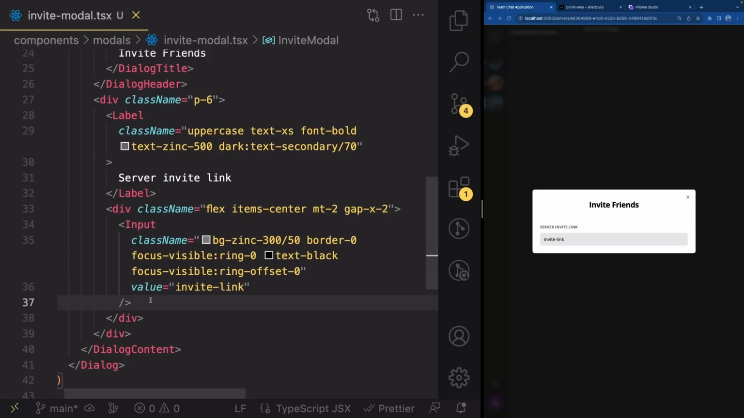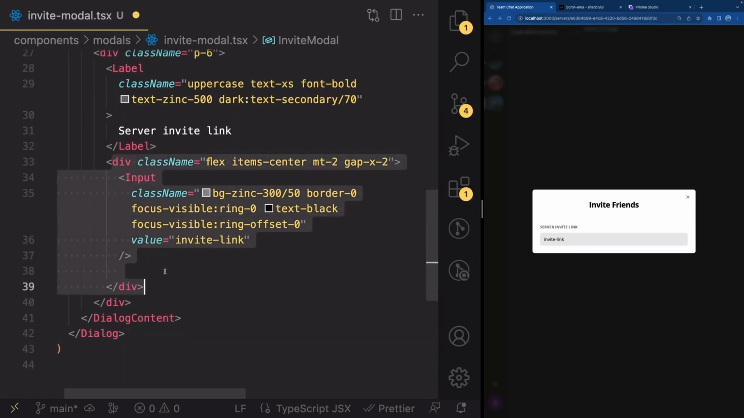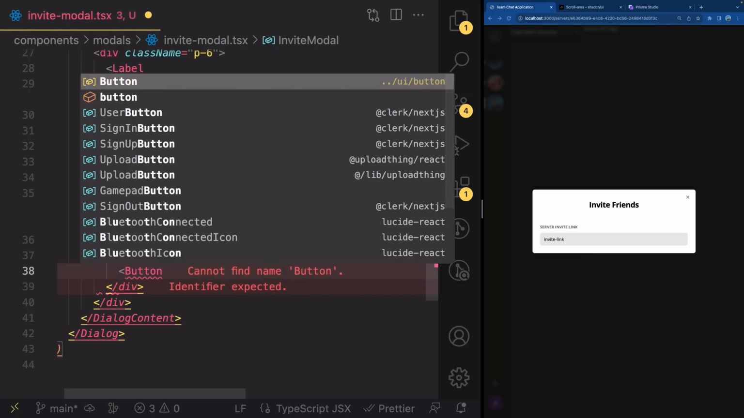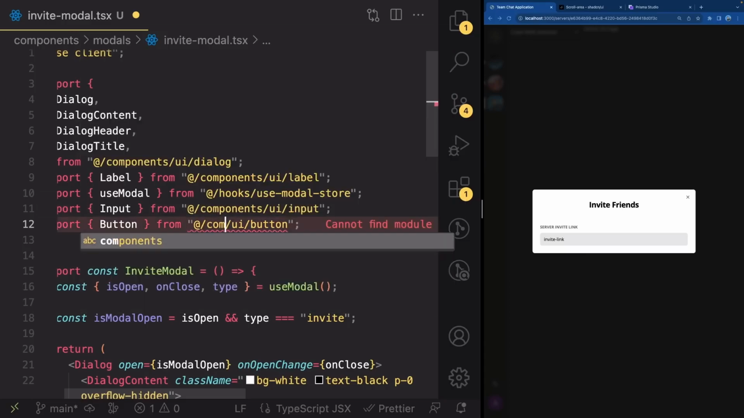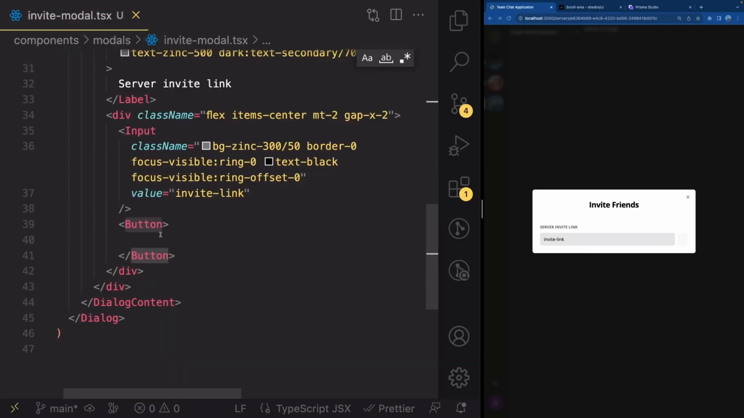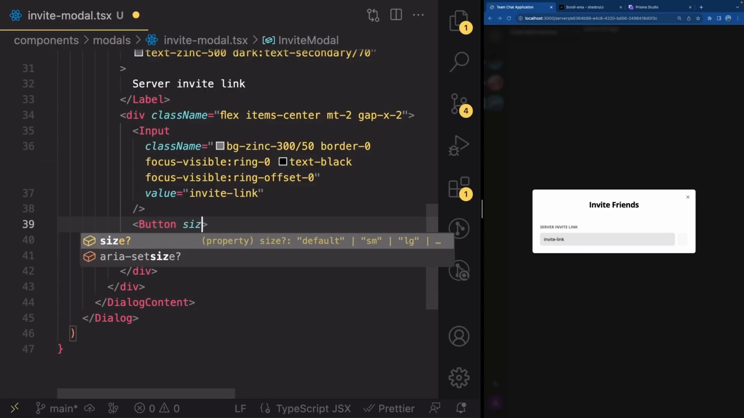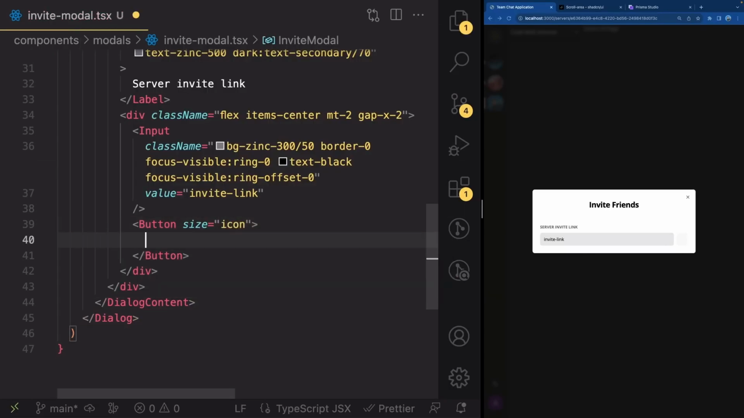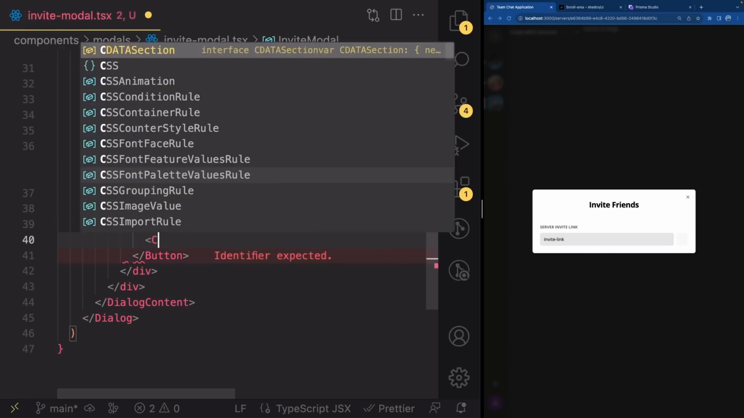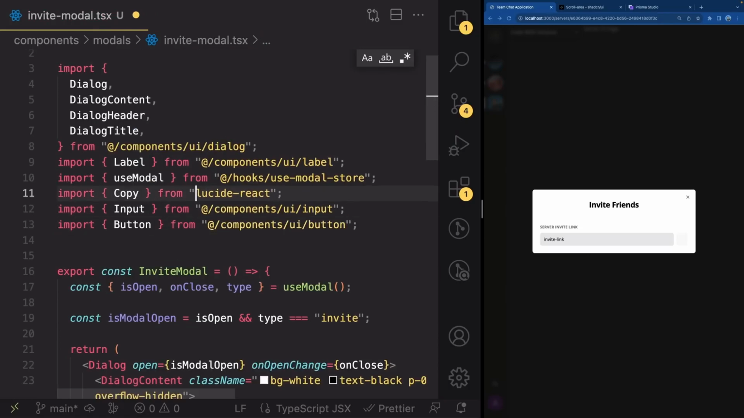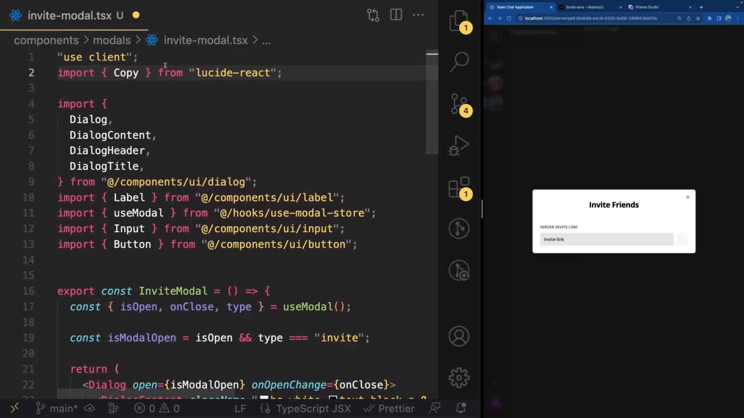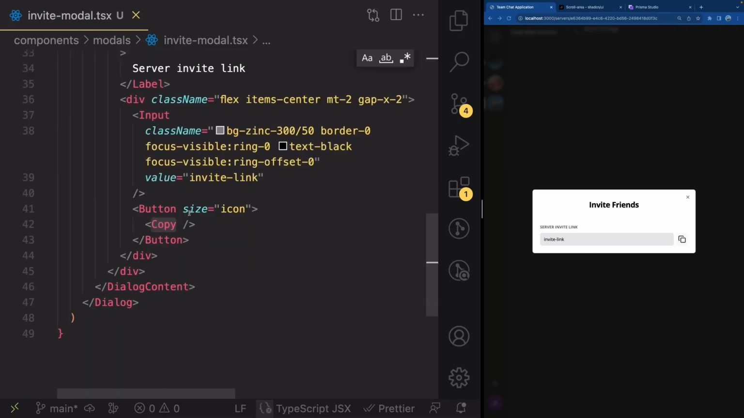Great. And alongside this input, but still inside of this div, let's add a button from /ui/button. So make sure you import this button right here, and let's replace this with components like that. Great. And in here, we're going to give it a size of icon like that. So go ahead and just write a Copy icon from lucide-react. So make sure you've imported Copy from lucide-react. I'm going to move it to the top, just below the use client like this. And let's give this a class name of w-4